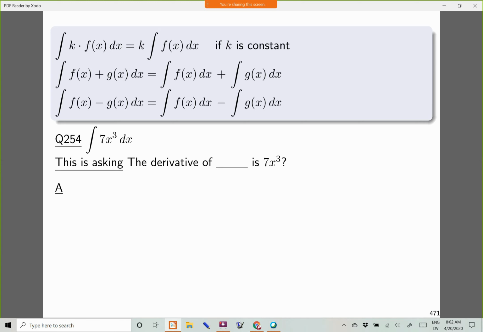The question here is the integral of, or antiderivative of, 7x to the third dx. This next text is not part of the answer, but it's really important when we're new at this to just clarify what this is asking. Because I've seen this happen. I've seen people present as their answer 21x to the second, maybe with a plus c, but then what they've done is they've taken a derivative. But that's not what the question's asking. The question is asking about an antiderivative. In other words, the derivative of what thing is going to be 7x to the third.